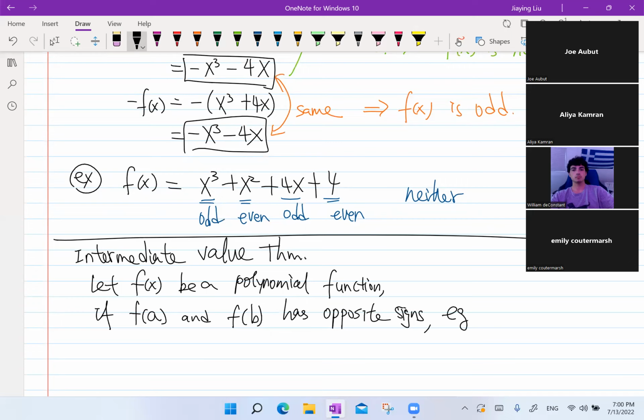For example, let's just choose f of a is less than 0, f of b is greater than 0. So they have opposite signs. Then there is at least